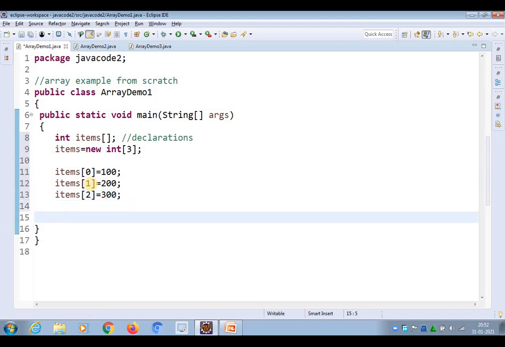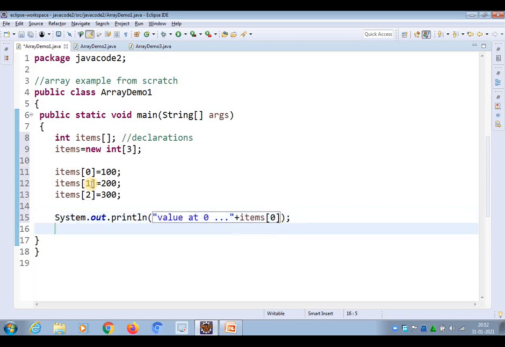Let's print its items. System.out.println, that is, "value at 0 index is" plus items of 0. Similarly, I am going to print the remaining elements.